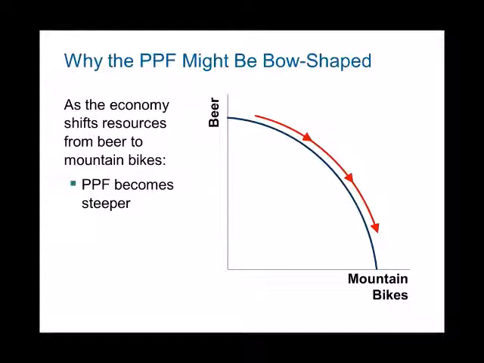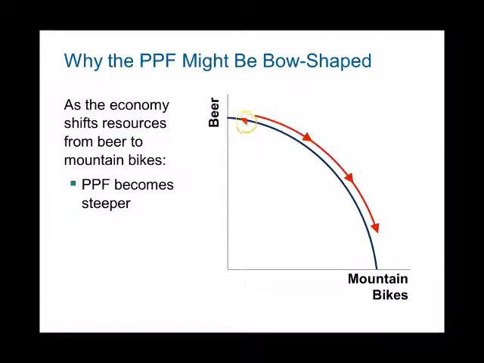Now, why could that happen? Well, let's think about this point. If I'm up here, supposing I'm using the best beer craftsmen to make beer. At this point, I have great beer like Guinness and other craft beer, but I'm also making very crappy beer like Natural Light and Keystone Light, things that are just awful. So from this point,